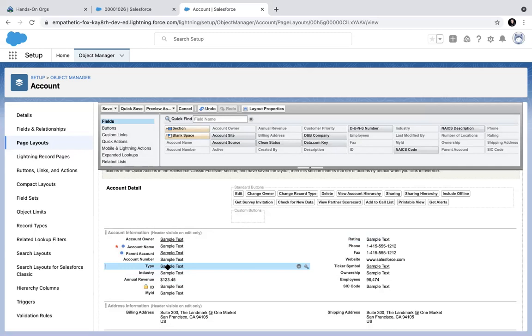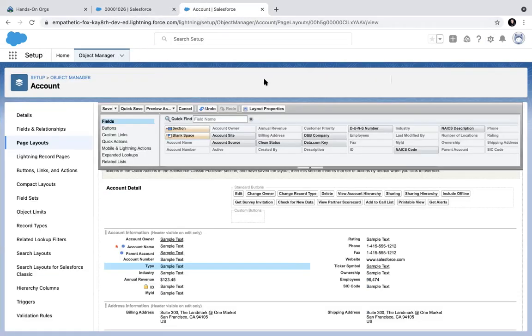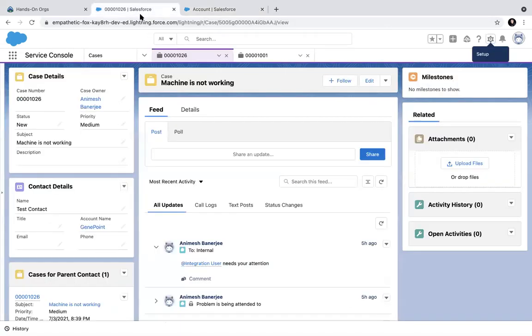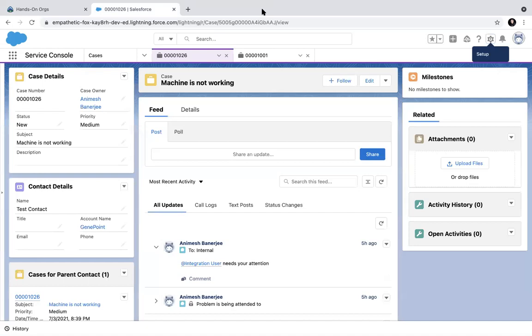Maybe from UI you are not able to do it, but from Workbench you will be able to edit. So if you really want users not to touch those fields, security needs to be implemented. In that case, you have to go to profiles and take the permission out from there. You cannot do it on page layout. Page layout is just convenience. Page layout is not actual security.